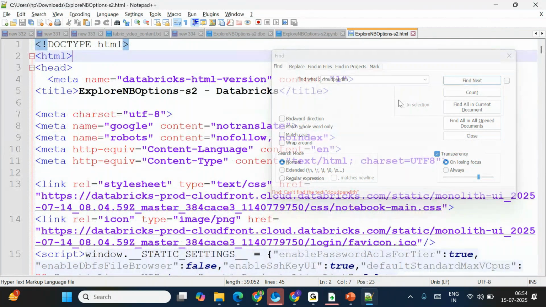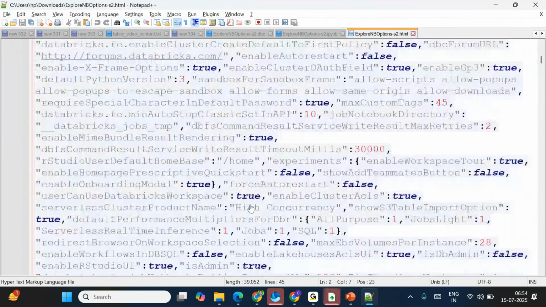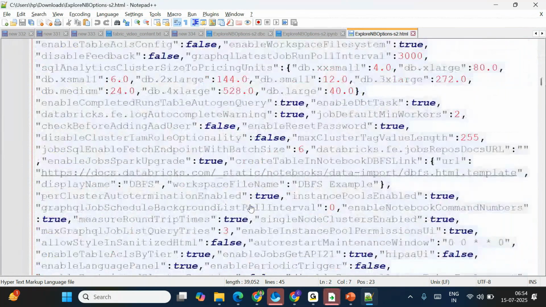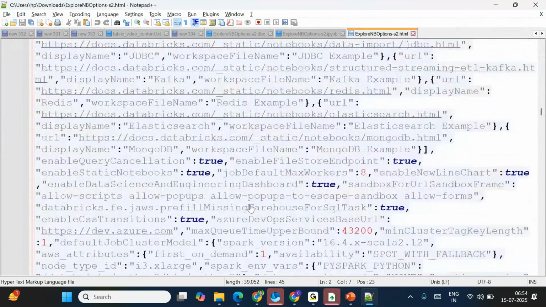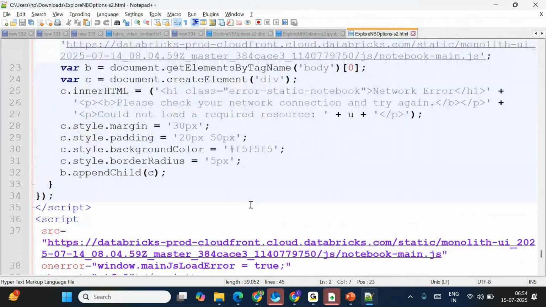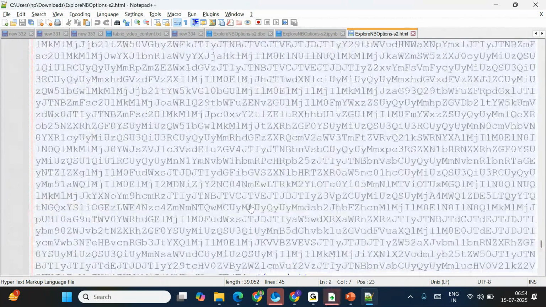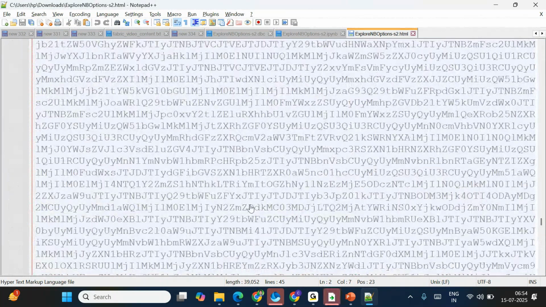So here also we are not able to identify. But if you see HTML, it is also not much readable, isn't it? You are able to understand it? So this is also not much readable. But if you really wanted to find out where your code is, you can find it. But remember, it is also not much readable. Okay. Next,